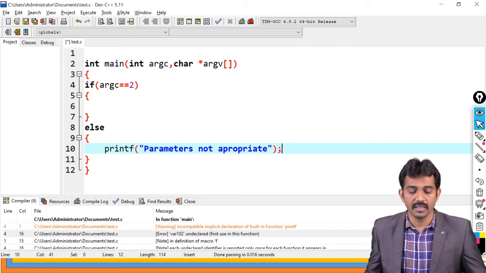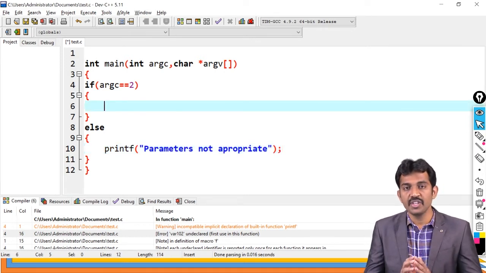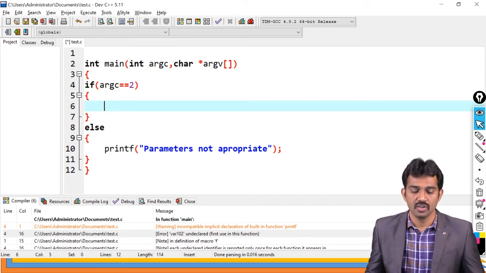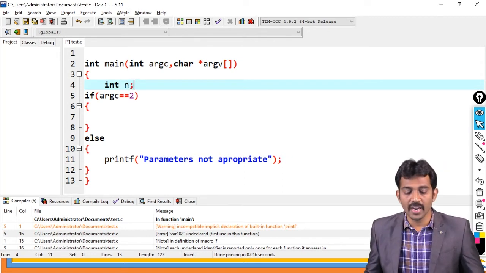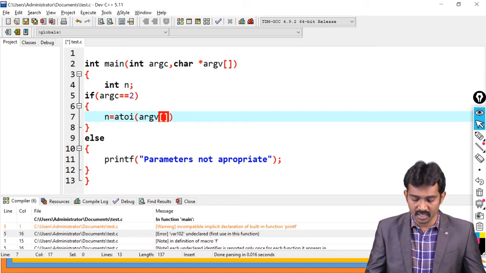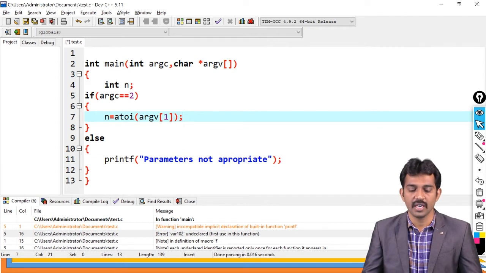Here, if you observe, if it has two arguments, then please note that the data you read from the command line is in the form of a string. So you have to convert that number into an integer. That is your first task. For that reason, I'm going to take int n. atoi is a function, ASCII to integer. By using this function, you can convert your data into an integer: atoi of argv of 1. argv of 0 contains the file name. argv of 1 contains the number you have given.